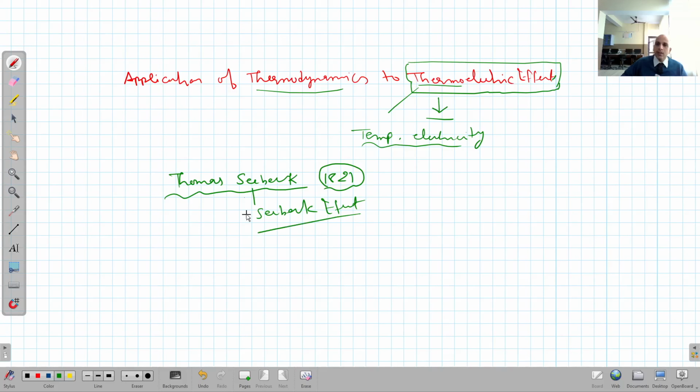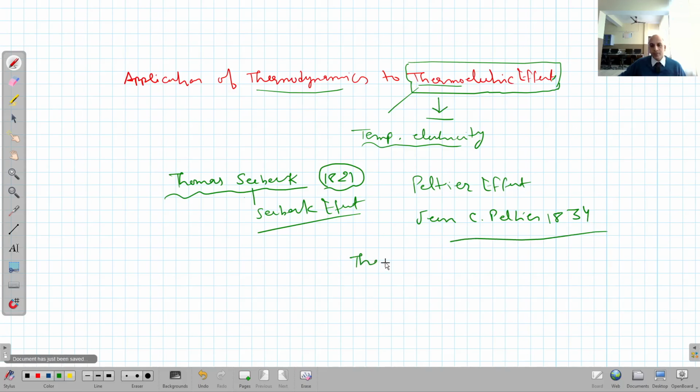Besides it, we have one more thermoelectric effect, that is the Peltier effect. It was studied by Jean C. Peltier in 1834, right? We will also study the Thomson effect